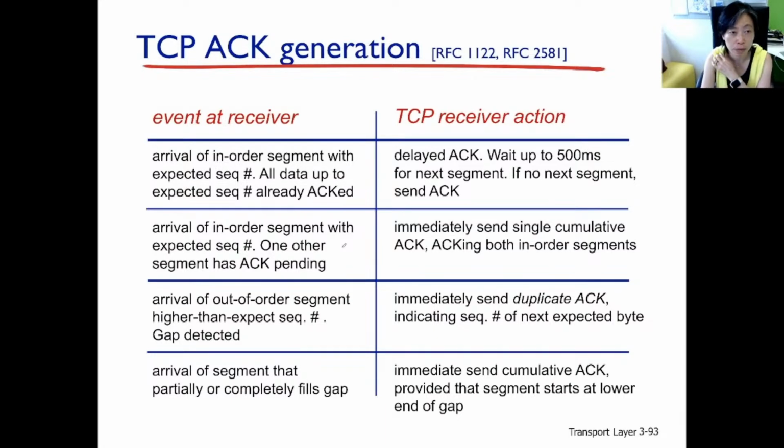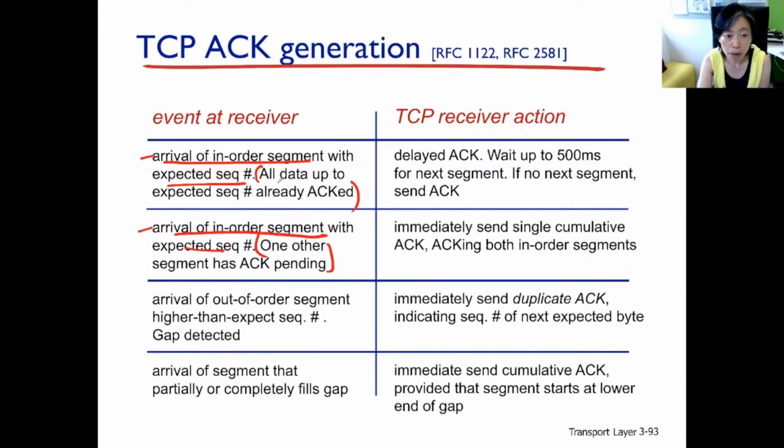And back to TCP's receiver. So the first two events in TCP's receiver are these. Let's read through it a little bit. Arrival of in-order segment with the expected sequence number. So both are events that are similar to the significant event in Go-Back-N's receiver: data arriving, not corrupted, and carrying the expected sequence number. So good news. We're supposed to generate an ACK and send the ACK back. But at TCP's receiver, how we send the ACK back depends on the second condition here.